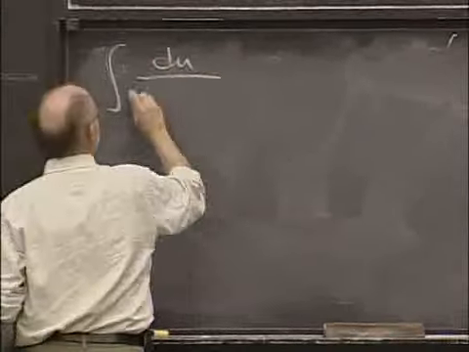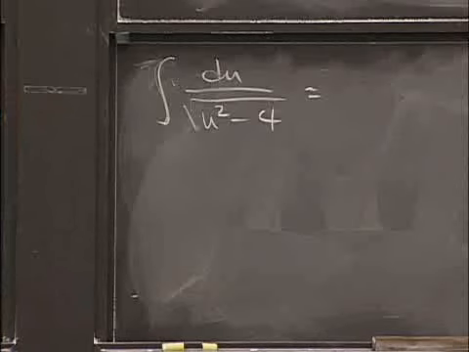So where I'm at is the integral of du over the square root of u squared minus 4. And I have all the data I need here to rewrite that in terms of theta. So du is 2 secant theta tangent theta d theta. And the denominator is twice the tangent of theta. Ha! Well, so some very nice simplification happens here. The 2's cancel, and the tangents cancel,